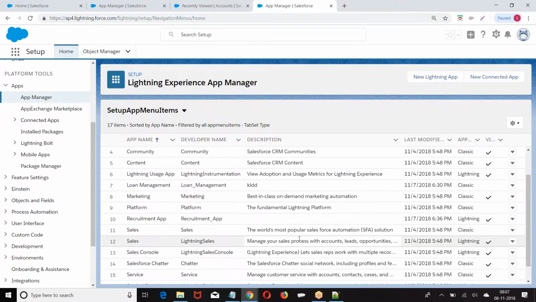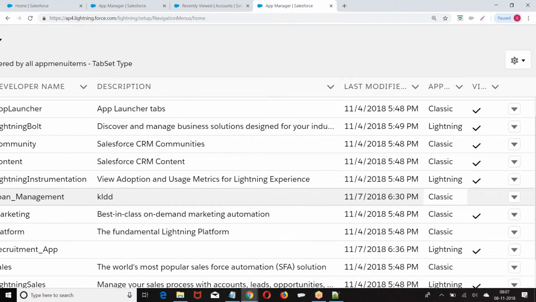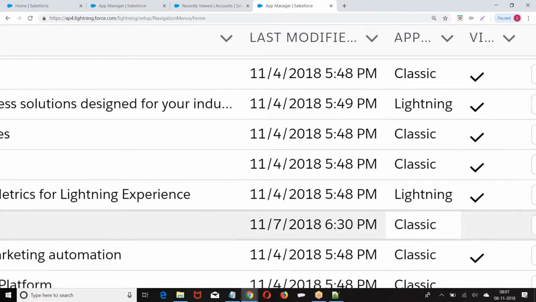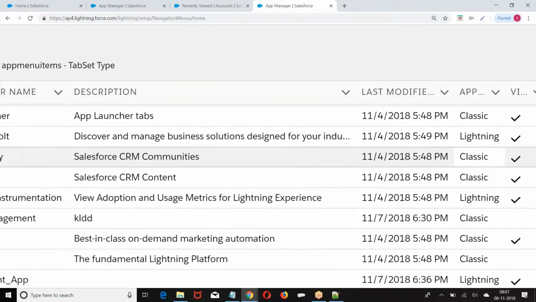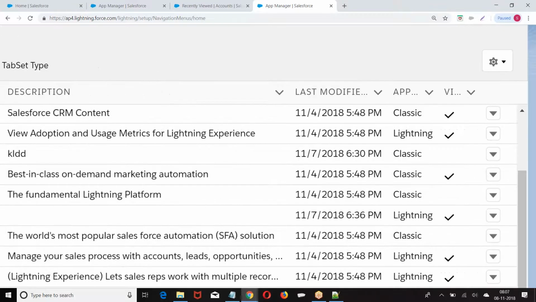Now you can see here, application is a classic application. It's a classic application. It's a lightning application. Clearly, they have given you classical lightning. Is there an undo option if you delete and you didn't want to? No.